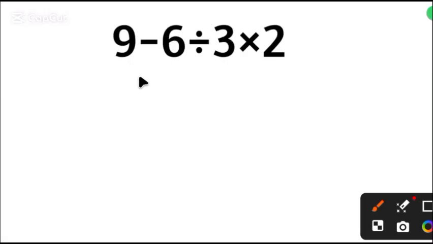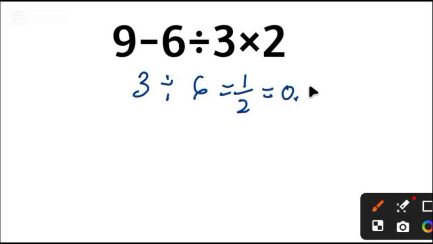9 minus 6 will give us 3. Divide by 3 times 2 will give us 6. And 3 divided by 6 will give us 1 over 2, which is equal to 0.5. This is a wrong answer, because if we follow the order of operation called PEMDAS,